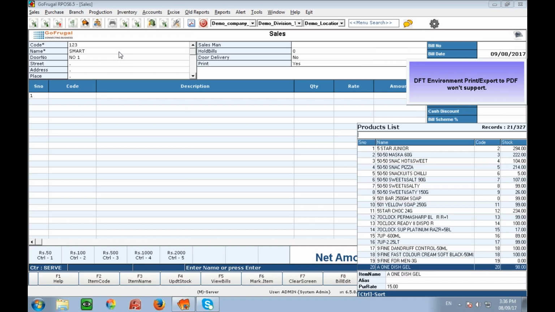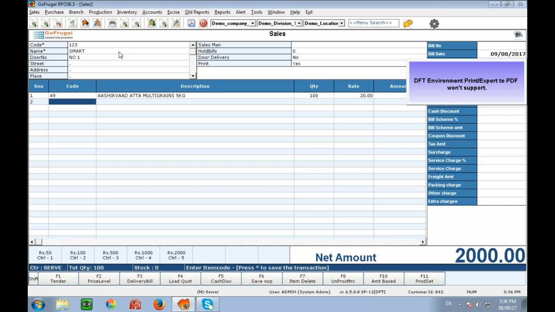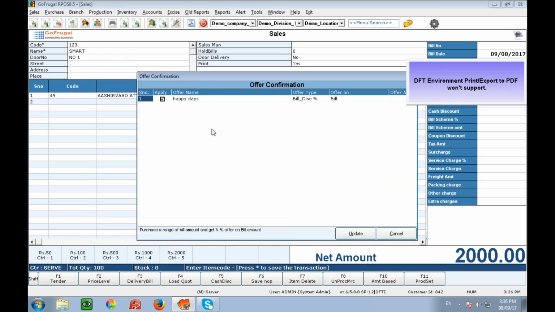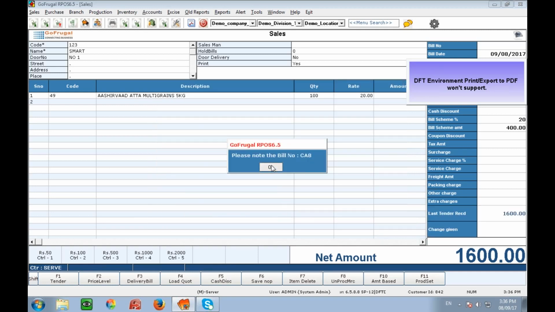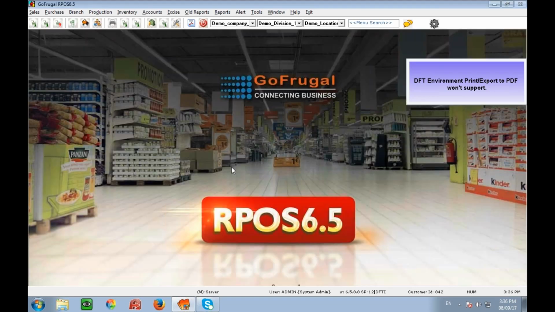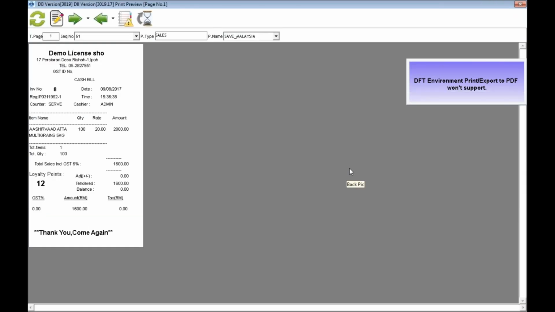Now the loyalty point is being calculated, so please have that in mind. I'll show you how many points this customer is earning. Now let's check out the printout of this customer. Can you see? Whatever points he has gained till now, consolidated from both bills, the first bill and the second bill. The loyalty point is calculated, and in the printout it easily comes out. The loyalty points are shown in the bill.